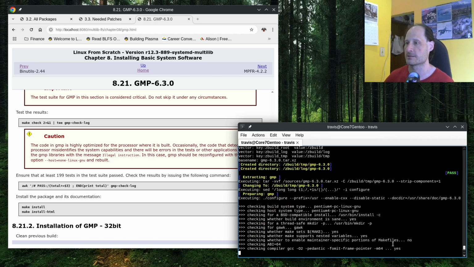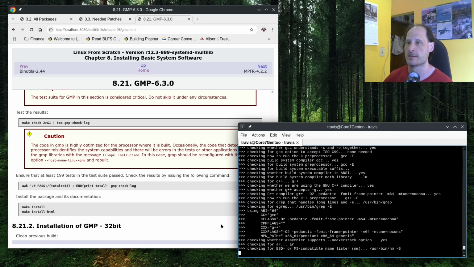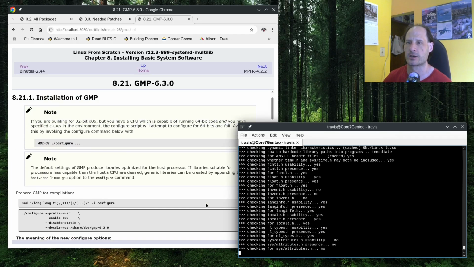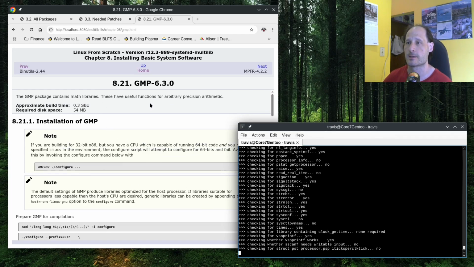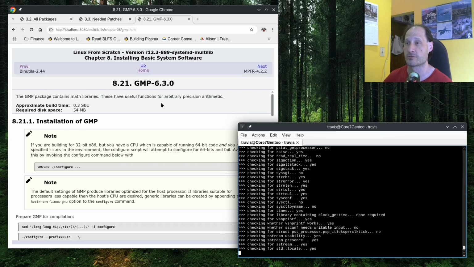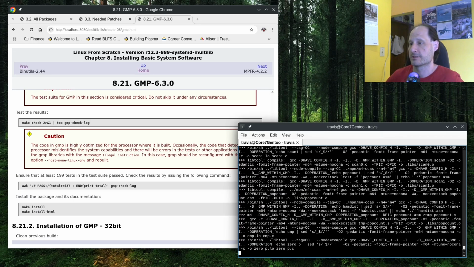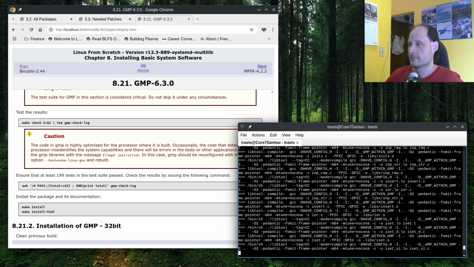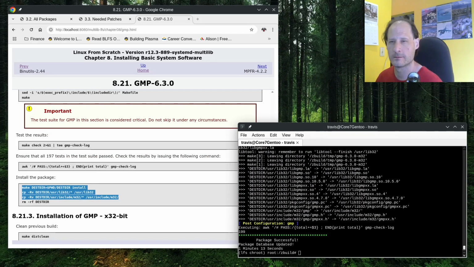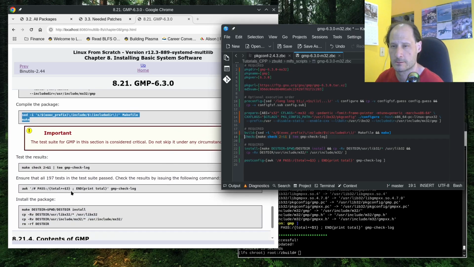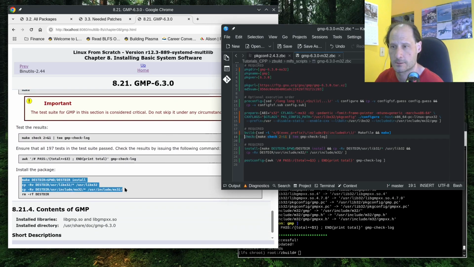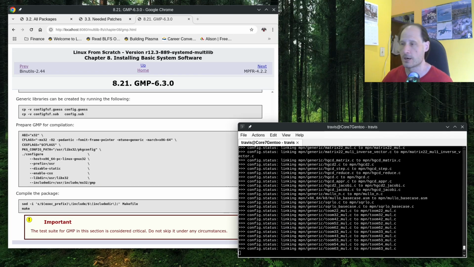Let's begin installing GMP. This is a mathematical calculation library. Useful functions for arbitrary precision arithmetic. Configuring is the building stage. Wait a minute. How come I got 199? Same make check. Same log. Now install. That's it. So let's run this. Okay, I've just started